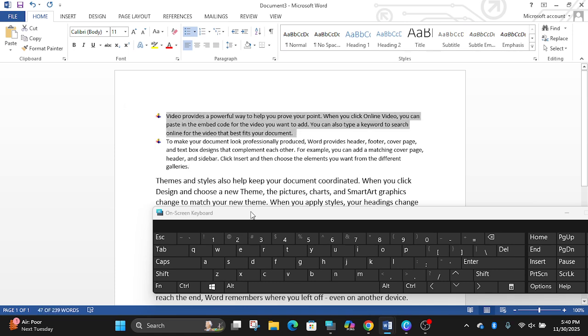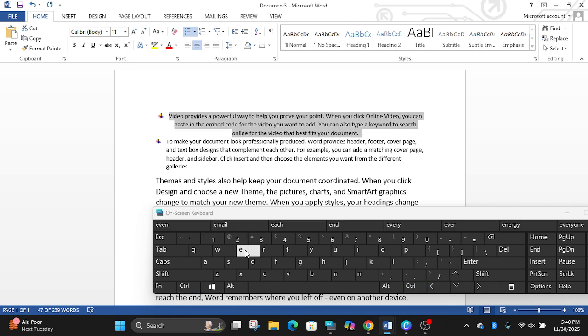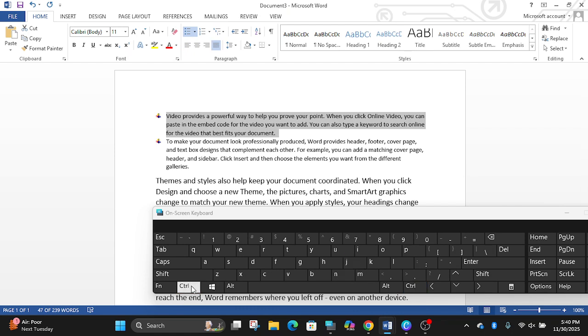First selection, then action. Control E, center. Control L, left. Control J, justify. Control R, right.